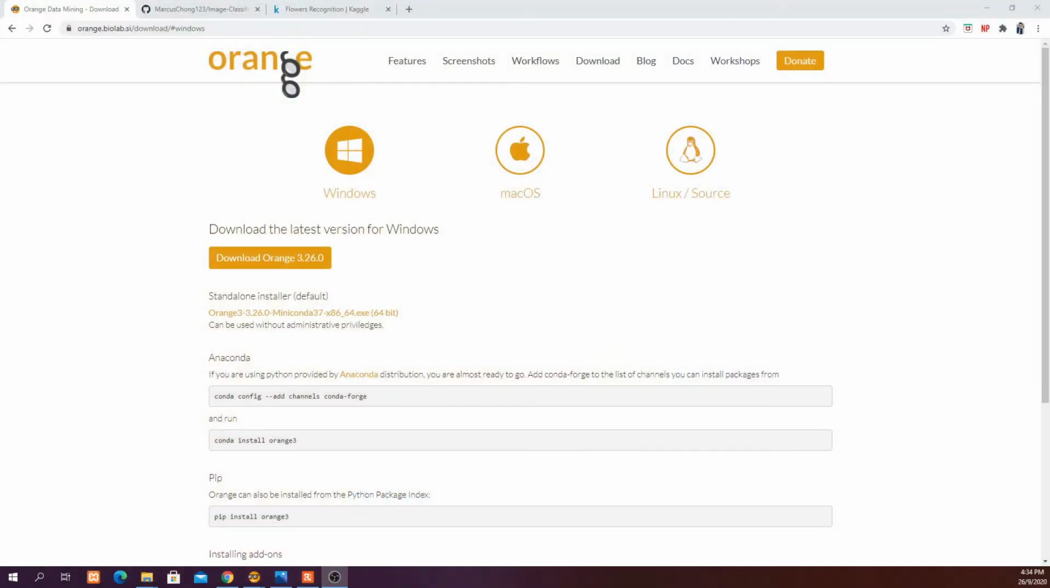And if you haven't downloaded the Orange data mining tool, feel free to go to its website, download it according to your operating system, install it, which takes a couple of minutes, configure it, and then after that, feel free to go to